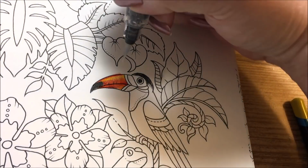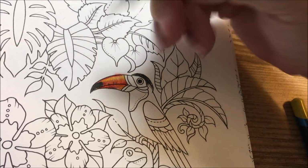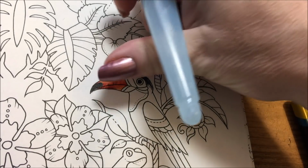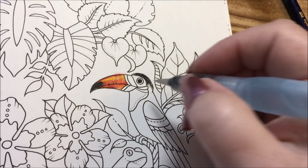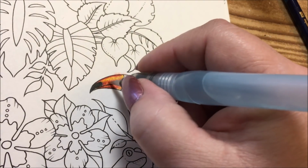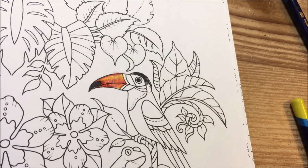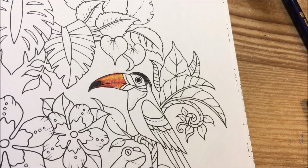And there we have a beak. It's okay if I went out a little bit. I'm not going to worry about it too much. I'm going to put color in the background anyway. Okay, we have a black